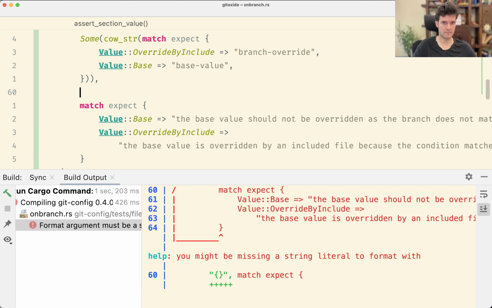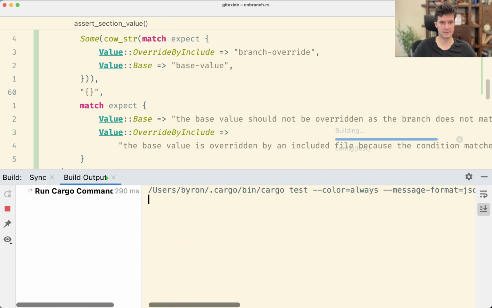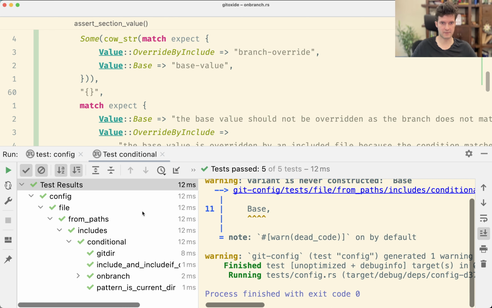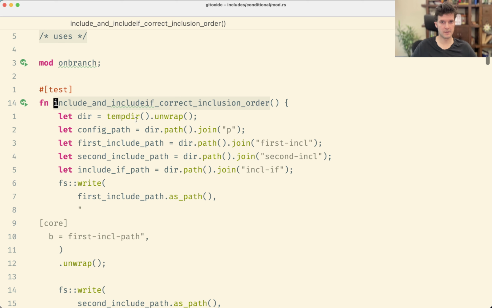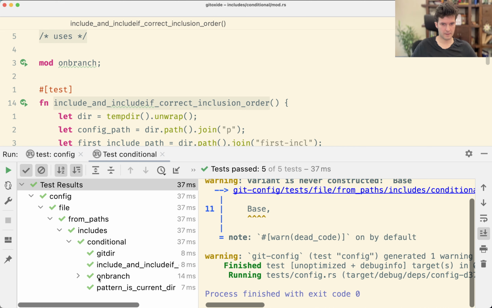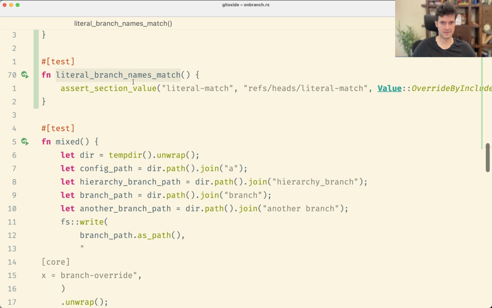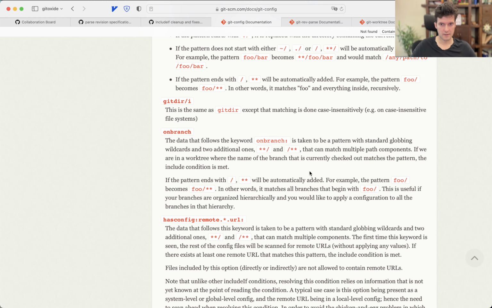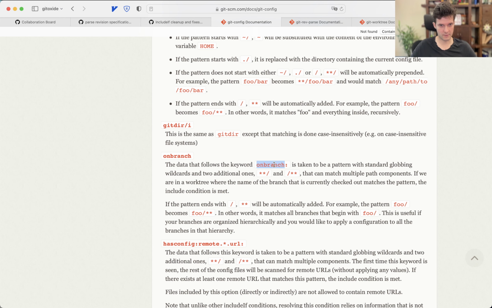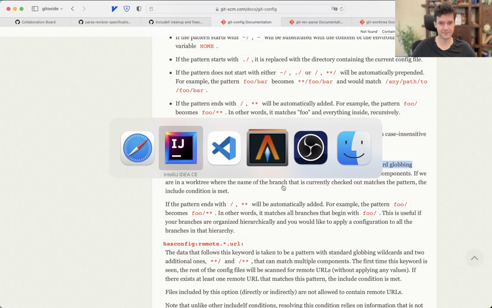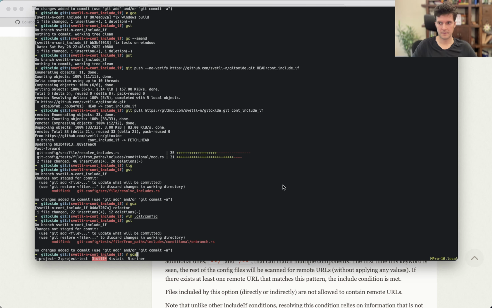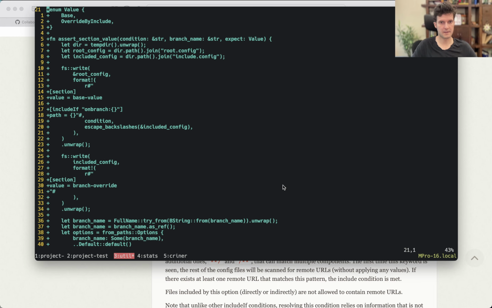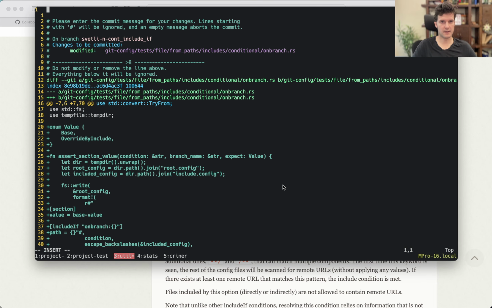Ah, yeah, right. So now this is not a literal anymore, so we have to do it like this. The message is passed, base is never constructed, that's fair. And include if, no, wait. And we now have the first very explicit literal branch name matches, which is what Git does and which is what we would expect. It's not so explicitly mentioned here. I think that's a good time for a commit, because we now have basic test setup